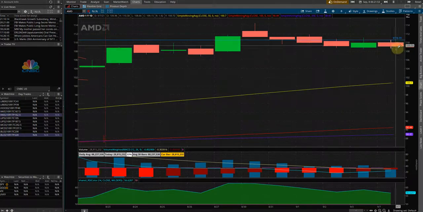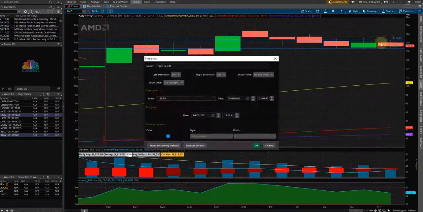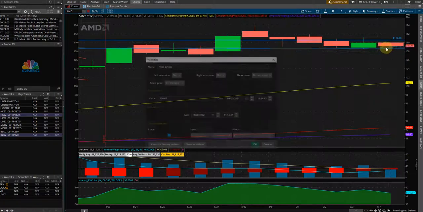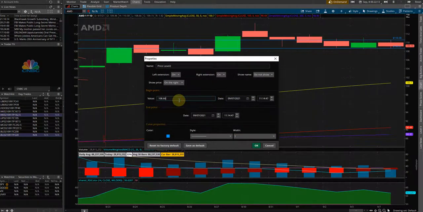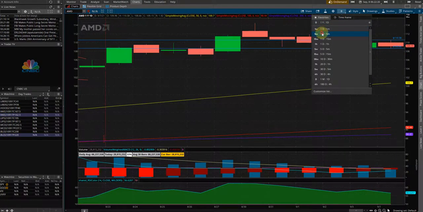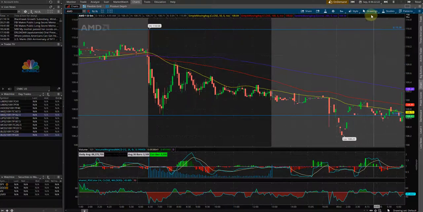So again, we're going to take the high here and the low here. And let's make sure we got them correct. High is 110.58. Off by a penny. Low is 108.66. All right, so now we'll switch over to the 5-minute chart, and we'll just run it back and see if we could have made money here.